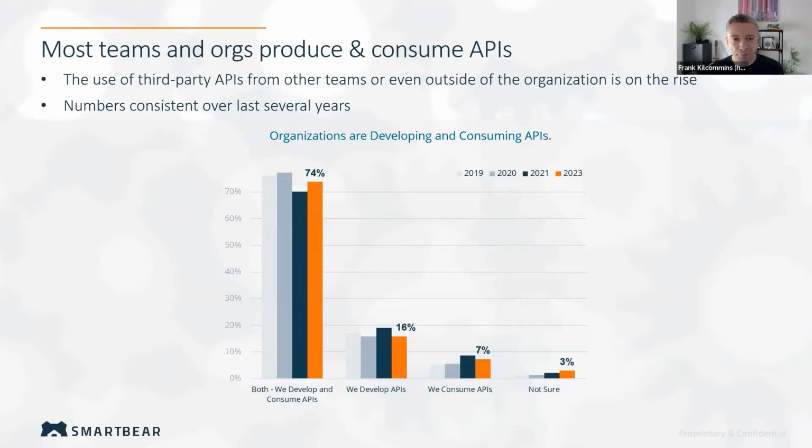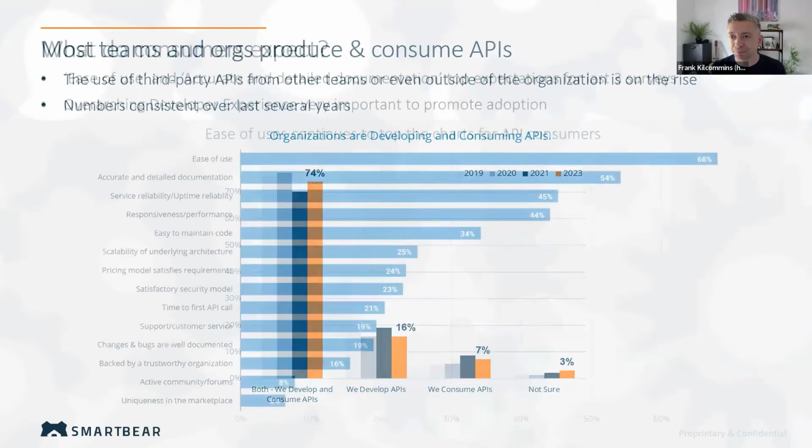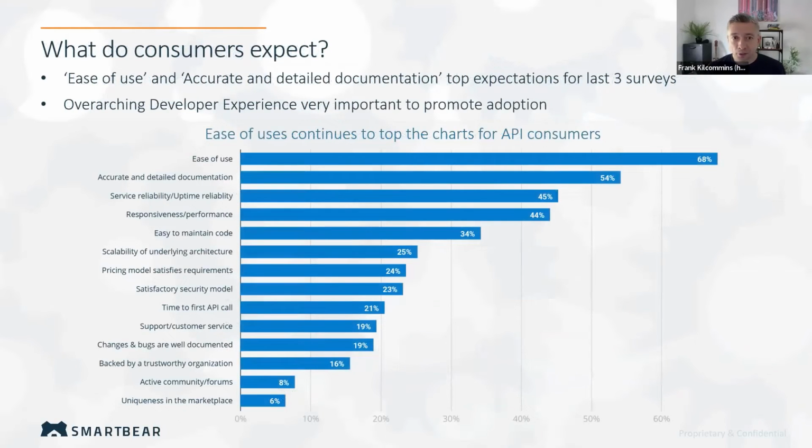And when we put that consumer hat on, I think it's interesting to look at what expectations API consumers have with regards to the APIs being provided towards them. Looking at what's important for consumers, we learned that ease of use and accurate, detailed documentation are the top expectations, and that's coming back consistently over the last number of years. So if you're in the business of providing APIs and you care about quality, then you need to make sure the documentation is up to par, the APIs themselves are easy to use, and the delivered APIs are stable,